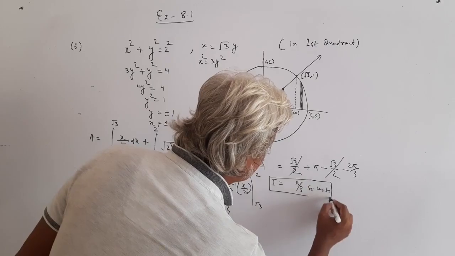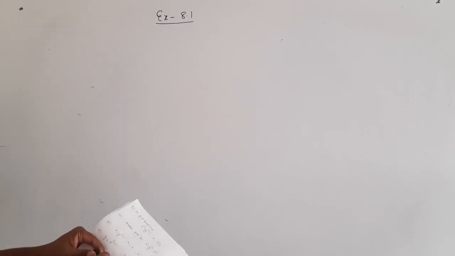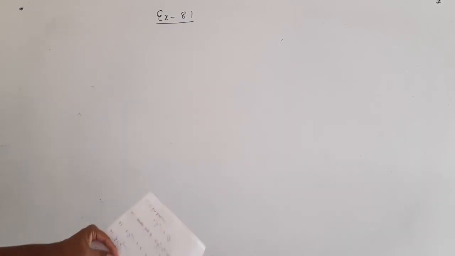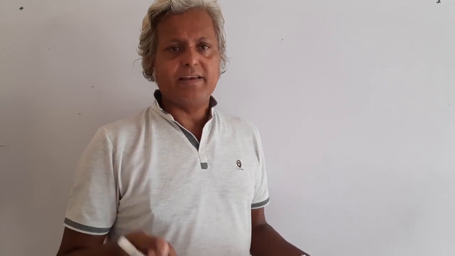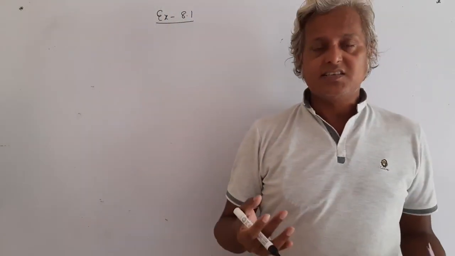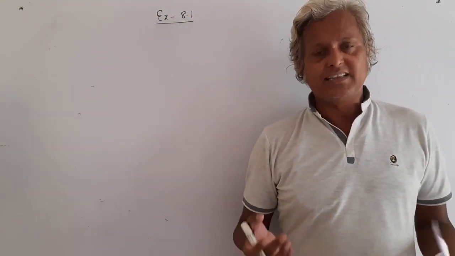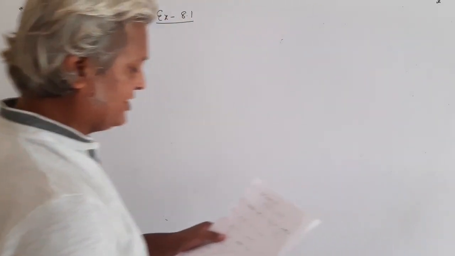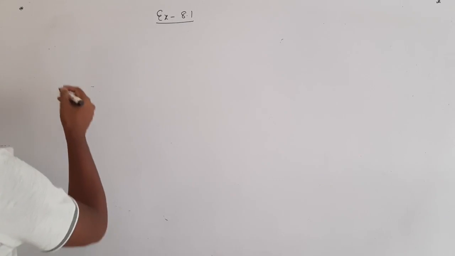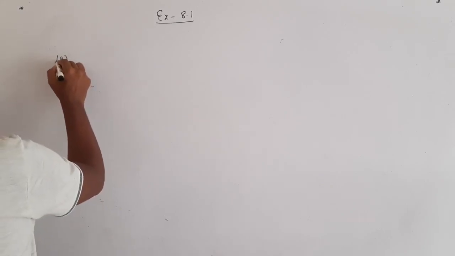This is done. Now I am going directly for question number 9, because all other questions are very much identical. We just have a little twist in the variables, and the type of the functions are almost the same. So I don't think that doing each and every question makes more sense. So I'll go directly to find the unique ones. So this is question number 9, which is unique.